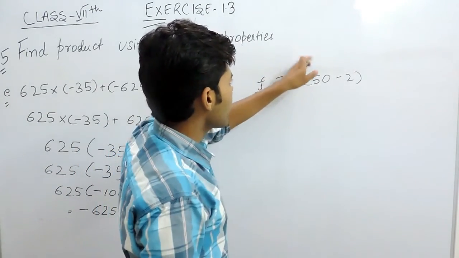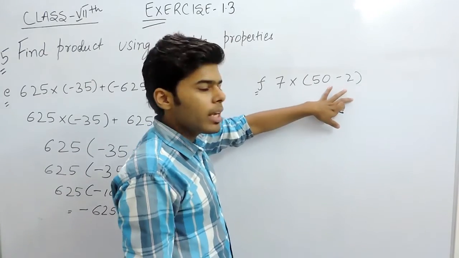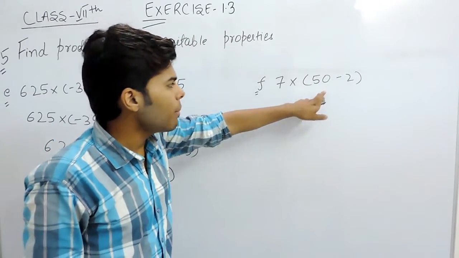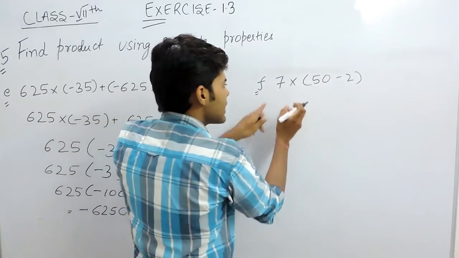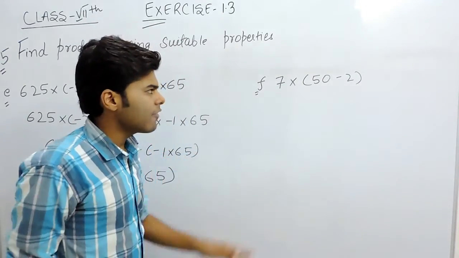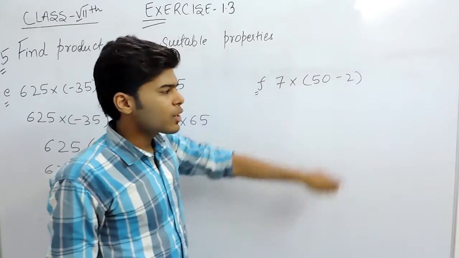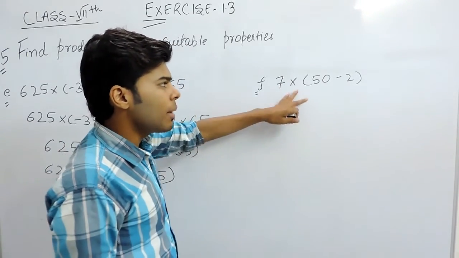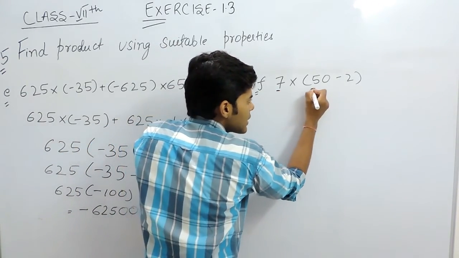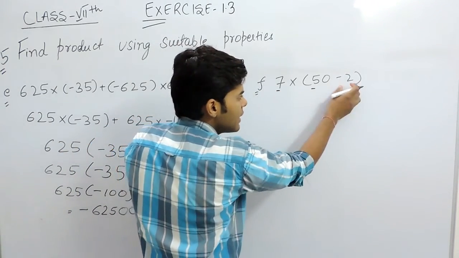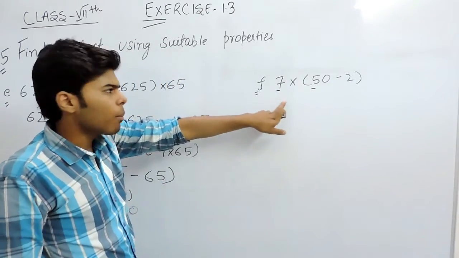In this sixth part, we won't be writing it as 48 because the question made us simple, because we know that 7 multiplied with 5 is 35 and 7 multiplied with 2 is 14. But we don't know 48 multiplied with 7. So as I told you, first of all we'll multiply this term with this term, and then we'll multiply this term with this term because it is acting as common.